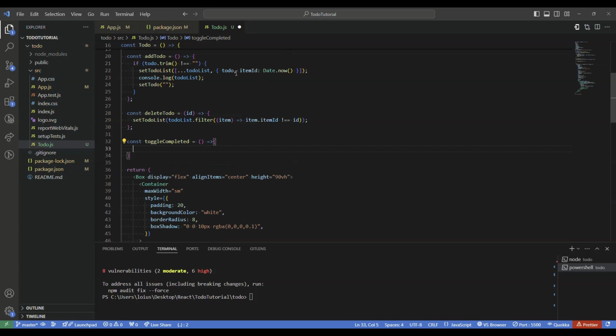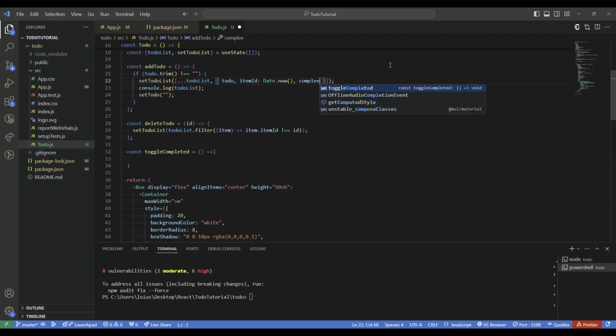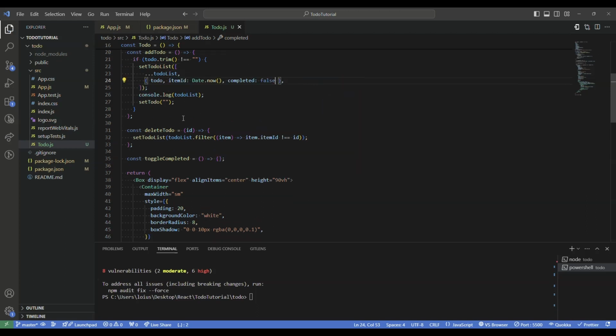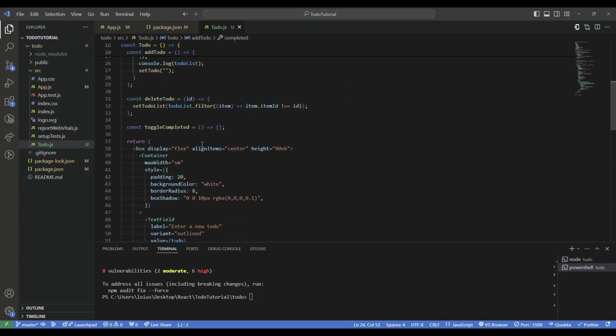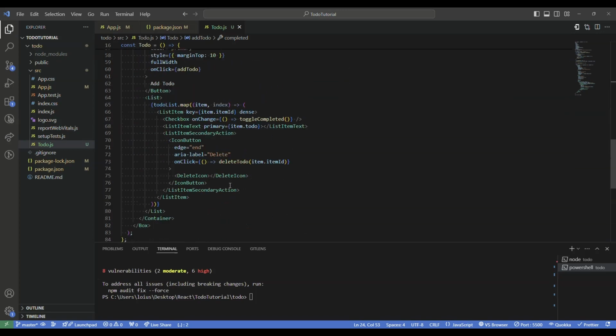But before I continue, I would like to modify this setToDoList. So every time we add a new to-do, I want to add a new property which is going to be completed, and I want to set it to false. So now it's set to false. So back to our